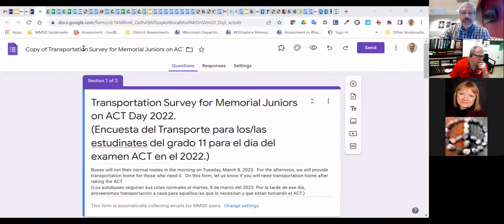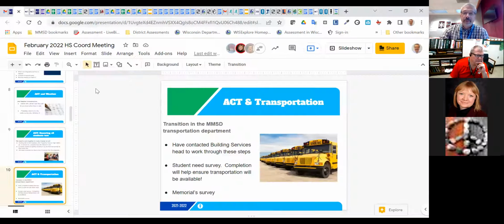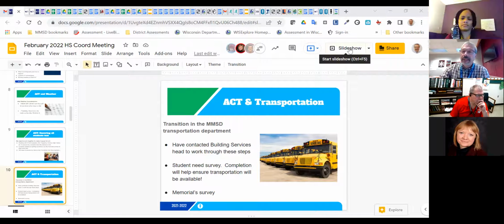Now, we all know we're talking about high school students, so just because they say yes doesn't mean they're actually going to do it. But I don't want, and I know you don't want, people stranded in places where we could have had transportation for them. So I will get that out to everyone ASAP.